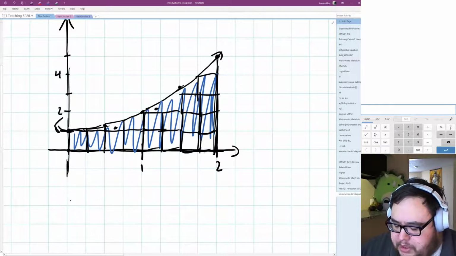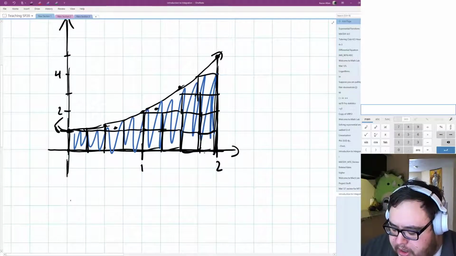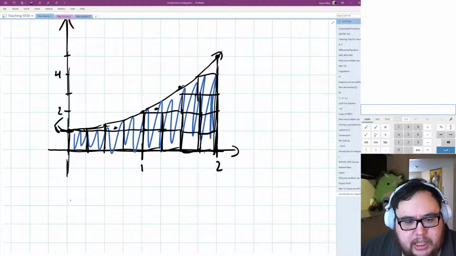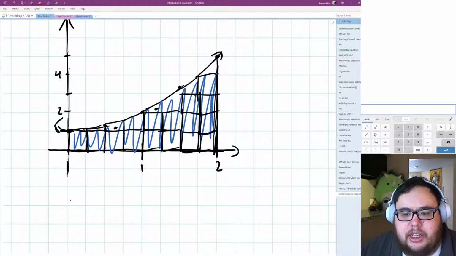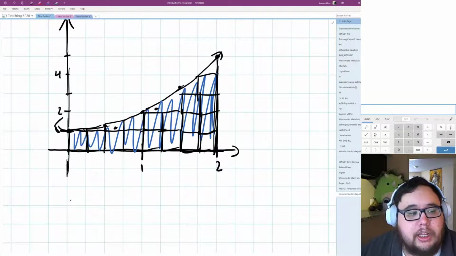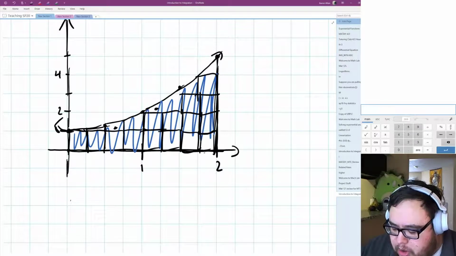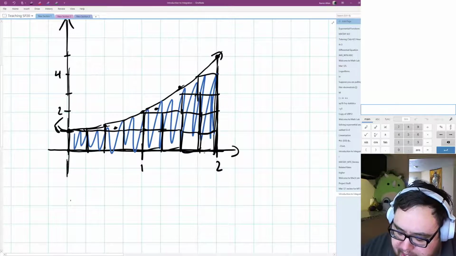That's a perfectly reasonable method if you're just trying to estimate one thing. But unfortunately, it's not a method that allows you to enhance it in any real way to make it more accurate. We could make all of those squares smaller, but it's a little bit overkill to divide it into that many squares. Instead,